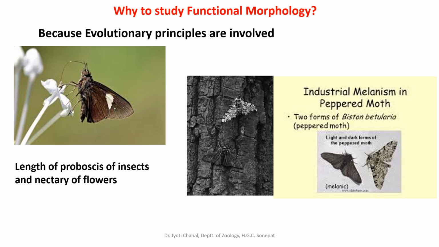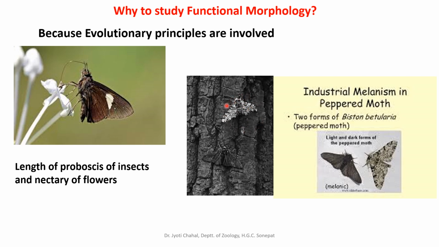In our own lifetime, we have seen two examples, like we have discussed in the previous slide: industrial melanism in the peppered moth, Biston betularia. So here is a tree trunk. You can clearly observe that this light moth is clearly visible, whereas this dark moth is hidden. So it will not be visible to predators, which will not be able to locate it, while this one is very much visible, and the predator will attack this.